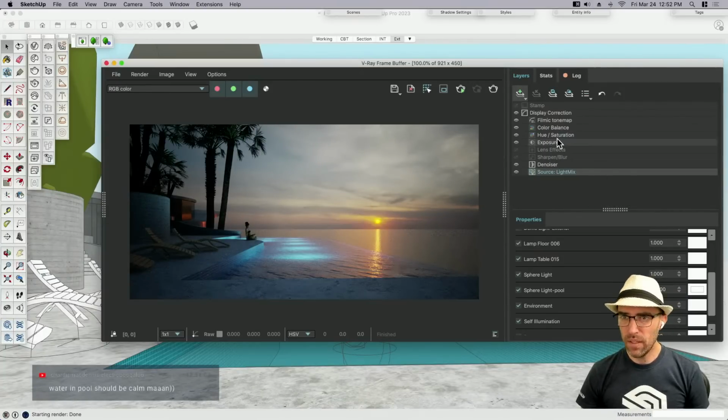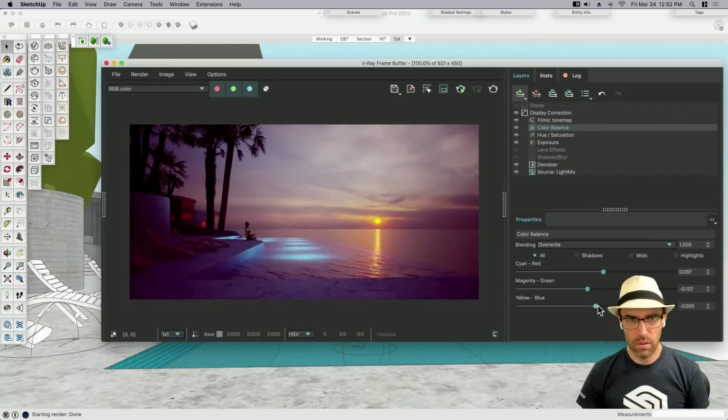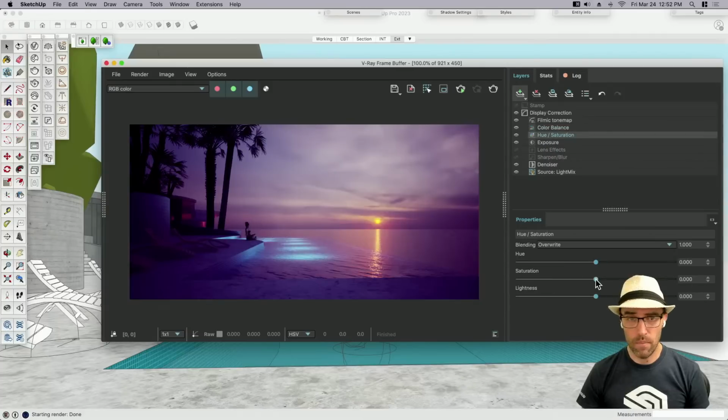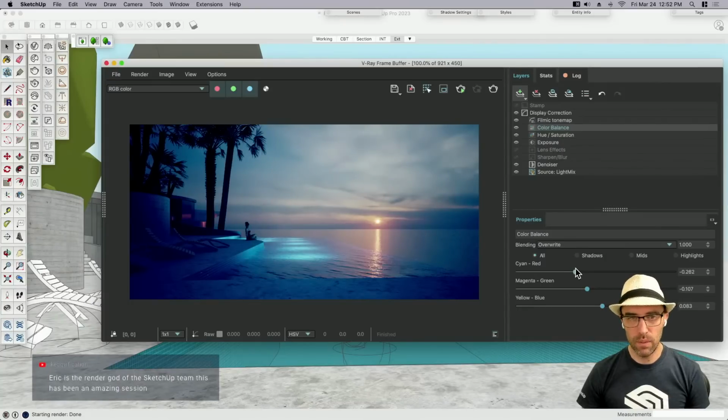And maybe even come over to the color balance and start to add some red, sunset reds. I don't know, some purples, some blues. That might be too much, but I'm also going to pull a little bit of the saturation out. I'm trying to be like photography. I'm just trying to make it kind of moody, very much a purple hour. Yeah, I'm just trying to give it a little bit of mood, you know? I don't know if that's the right thing to do, but